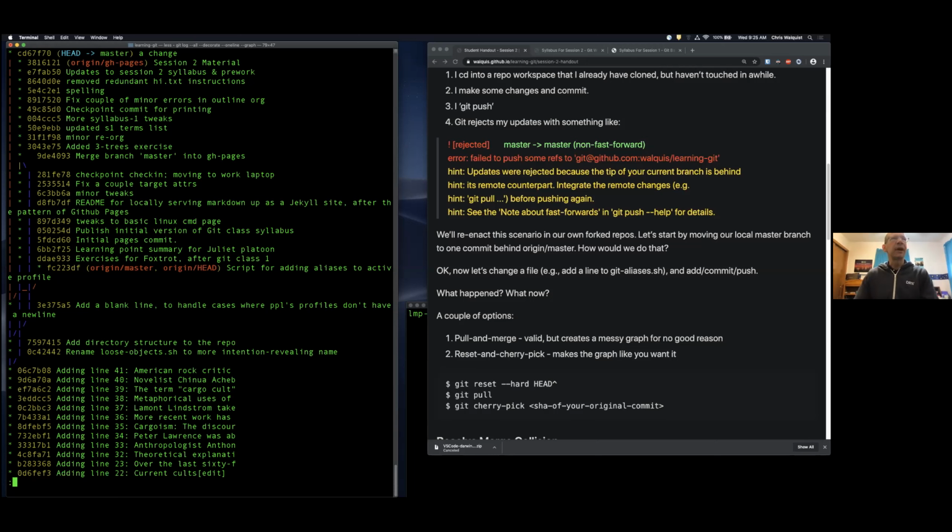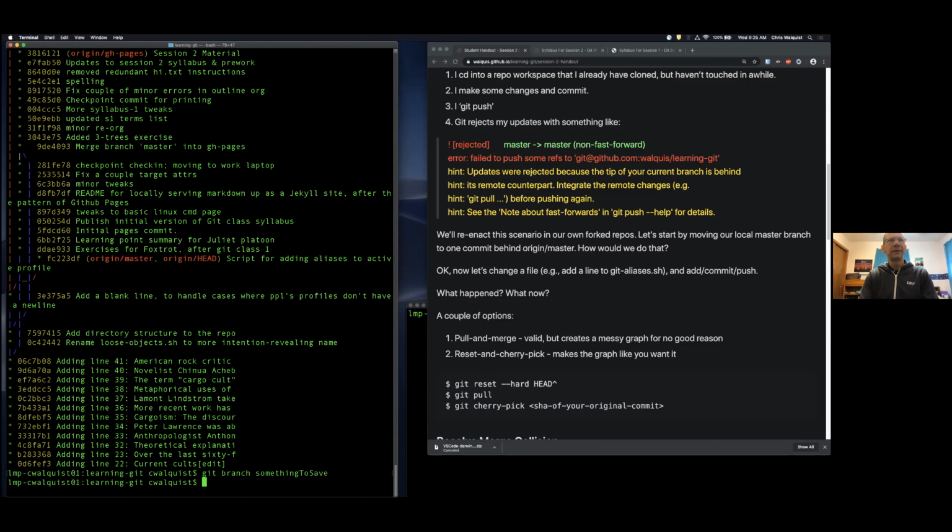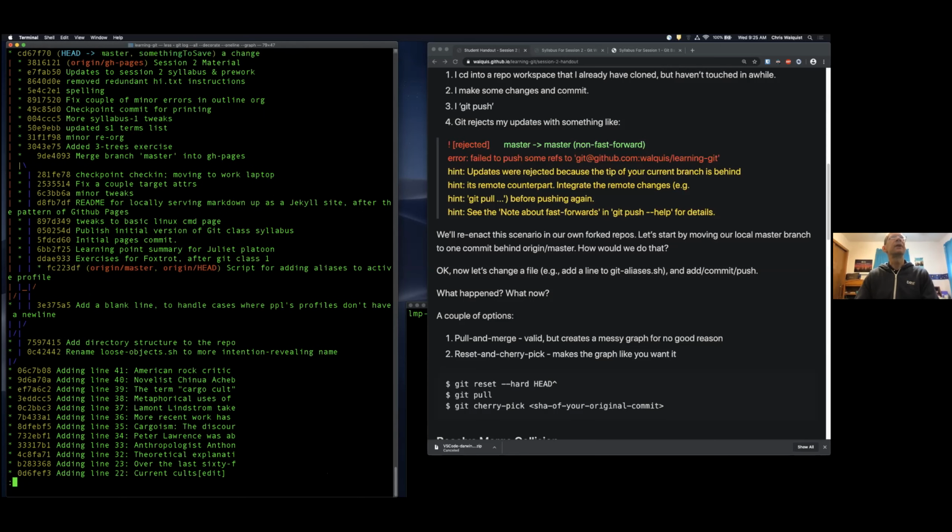So first we have to get back to that place though. We have to find a way to keep track of the one that we want. We could either just copy it like that, because all cherry-pick needs is a SHA that it's going to use. We could also make a branch, right? We could just say git branch something to save, right? And now we've got a tag on this SHA. Now that we've got that, we can go back to master,